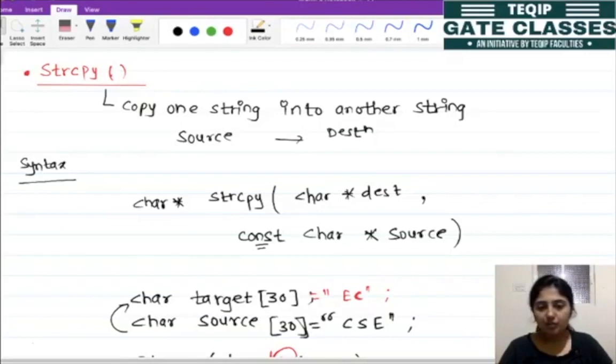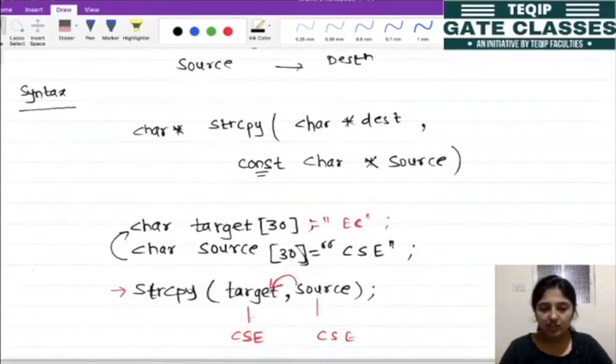If the user tries to do some modification here, it should not be allowed; the user should be banned from modifying the source. The return type of strcpy is a character pointer, and it points to our destination. This is not actually an append; it is simply a copy. Whatever data we have in the destination array, pointer or string has vanished, and the fresh source data is copied into the destination.